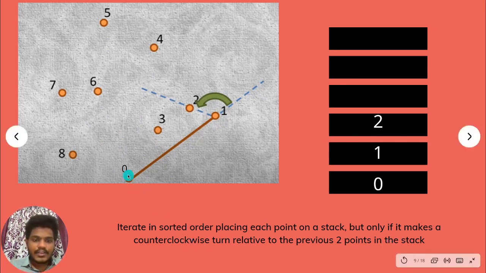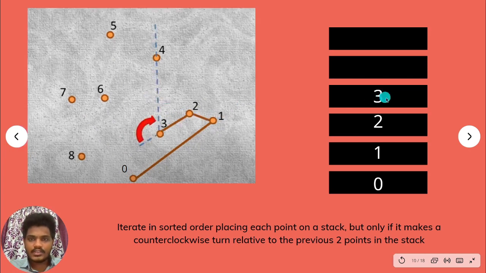If you take this point 0, it makes a counterclockwise inclination with point 1. So we will append 1 into the stack, and then from point 1 we'll take a straight line and check whether this is making a counterclockwise turn or not. Yes, it is making a counterclockwise turn. Then we will append that also into the list. We will do the same with point 3 also. It will be making a counterclockwise direction. I'll show it in the next slide. We will join this also and place it into the stack. So 3 will also be coming here in the next slide. As you can see, 3 also came into the stack.